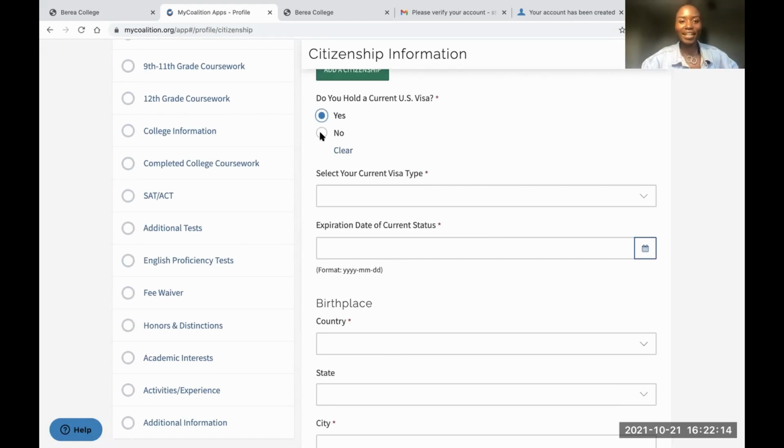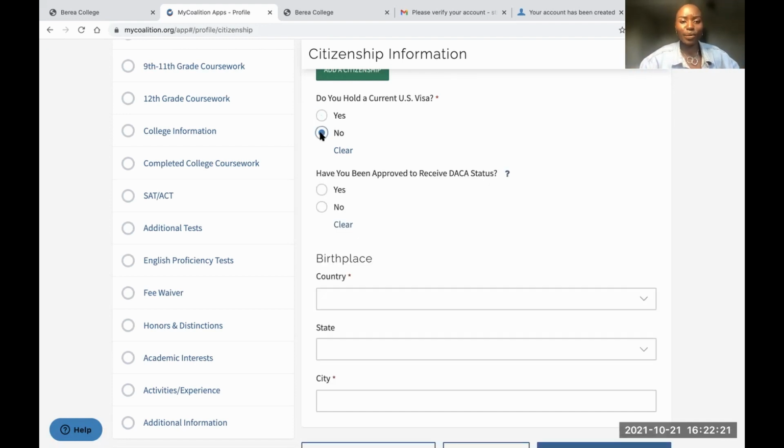You should click no because you're just applying. It depends. If you do have a US visa, do click yes. But in this case, no. Have you been approved to receive DACA status? If yes, DACA is when you are,